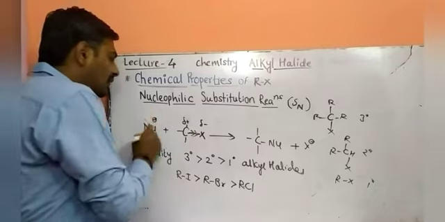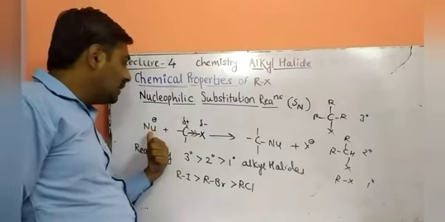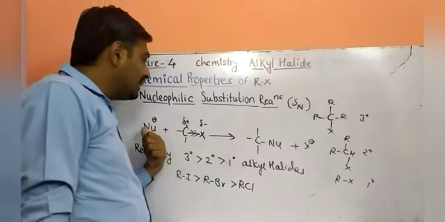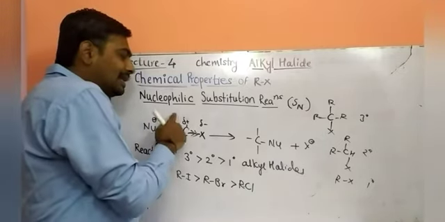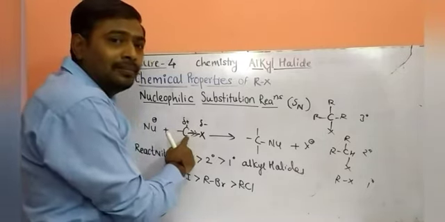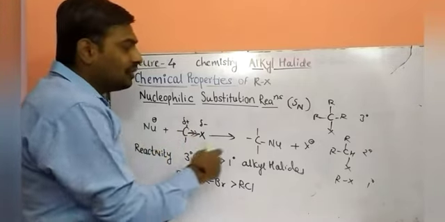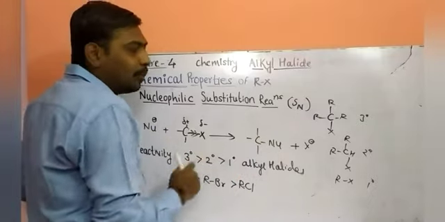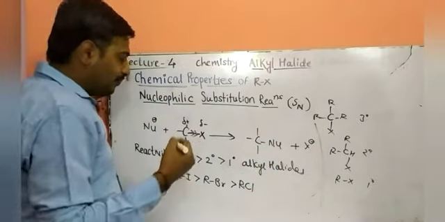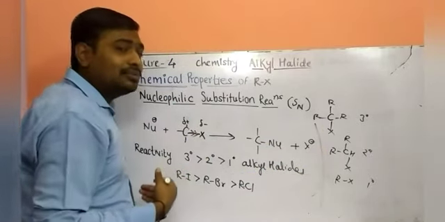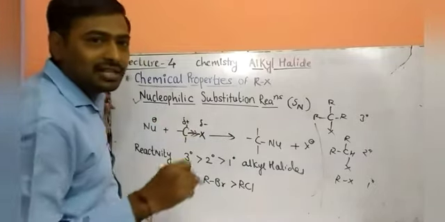So any nucleophile, what is meant by nucleophile? A nucleophile is an electron-rich species that can easily attack an electrophile, that is, the positive center. So this negative charge can easily attack to fulfill the valency of this carbon, because the electron density of this carbon atom is shifted toward the halogen atom. So what are we getting? We are getting a substituted type of product, and this halogen can be easily removed from the reactant molecule. So this reaction is called a substitution reaction, and alkyl halide gives nucleophilic substitution type of reactions.